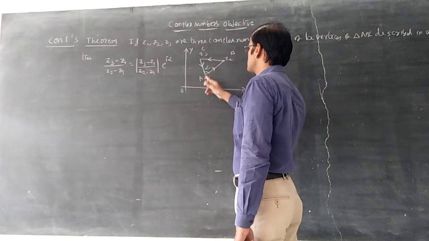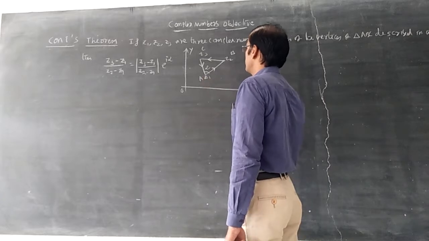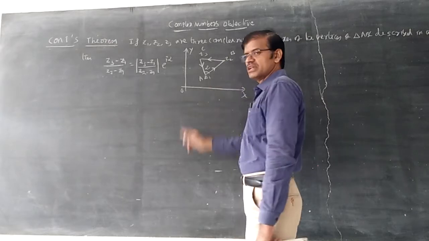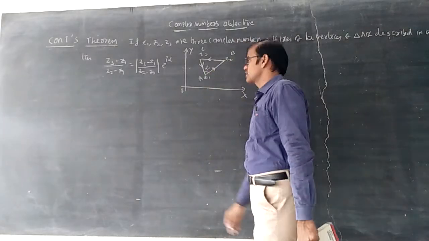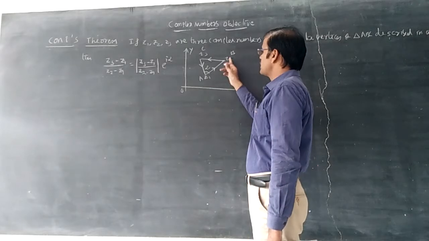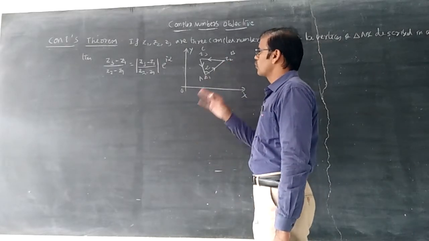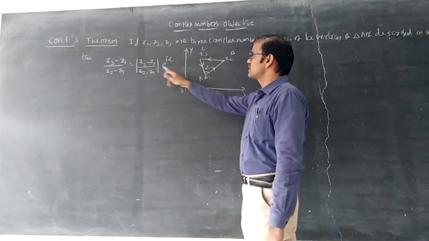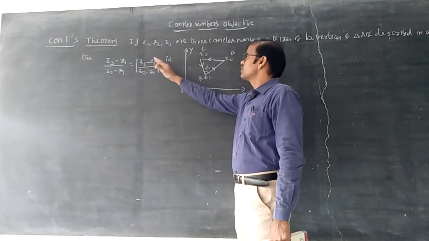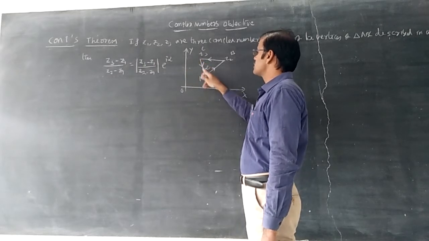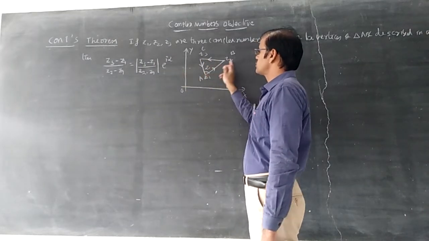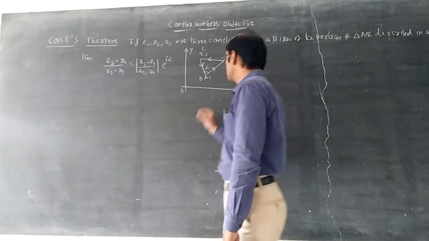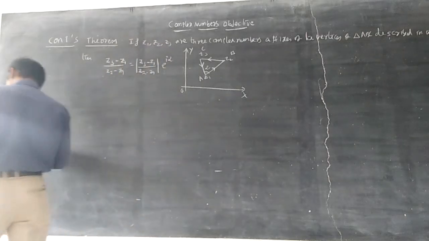Now try to understand this arrow mark z3 minus z1 by this arrow mark z2 minus z1; the angle exists here. If we want to know the theorem, we should use the modulus of z. It is a slope. So for the slope concept, you can write the modulus of (z3 minus z1) by (z2 minus z1) into e power i alpha. It is nothing but cos alpha plus i sin alpha. Simply, this is the statement of Cotes' theorem.